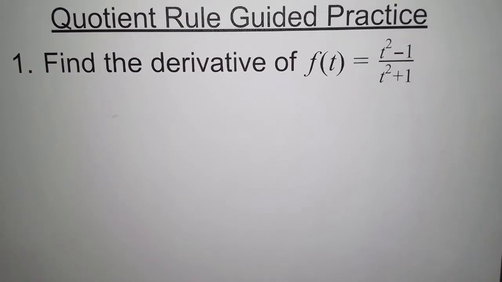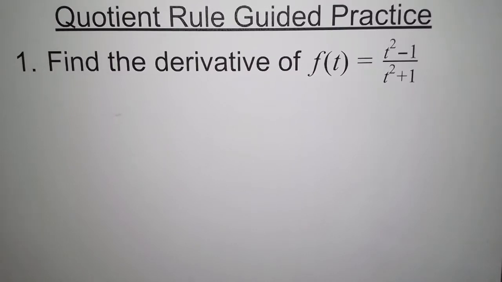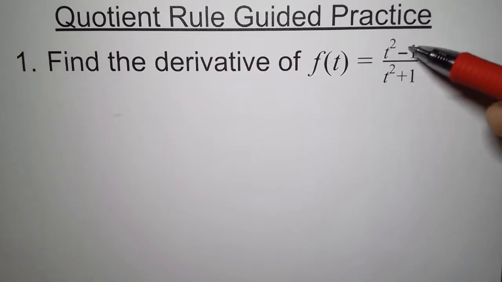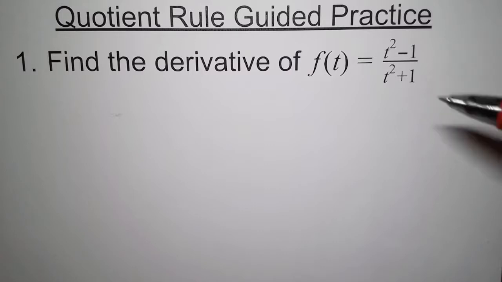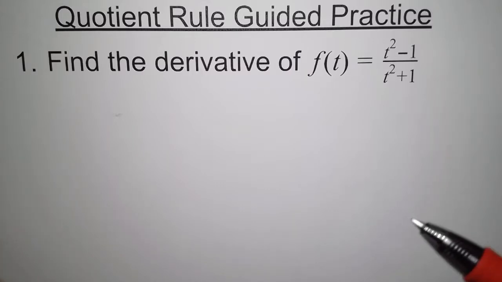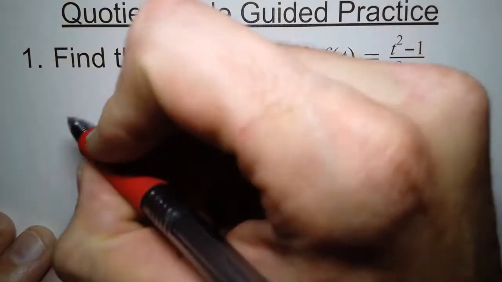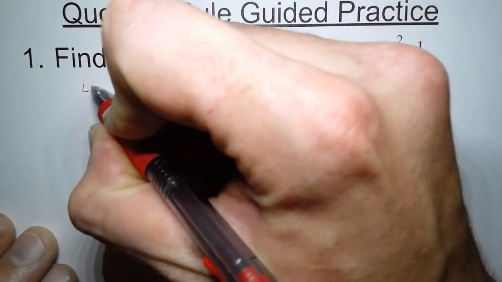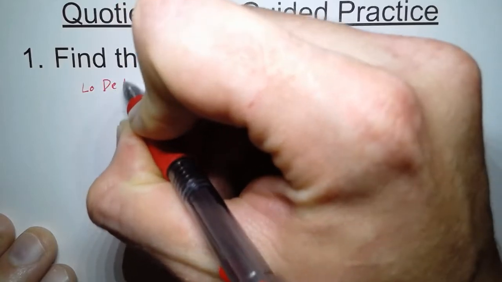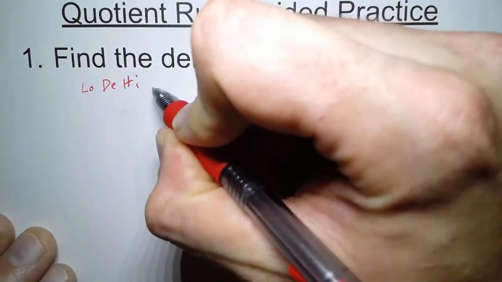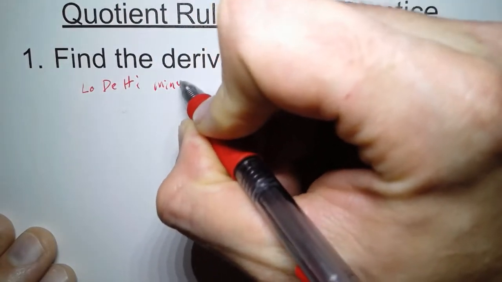Well, like power rule, it violates our basic intuition to say, well, take the derivative of the top, take the derivative of the bottom, and divide them. Unfortunately, quotient rule is a little bit more complicated, and there's a nice little mnemonic device that you will see a lot of people use to help you remember what quotient rule is. And that mnemonic device is low d high minus high d low